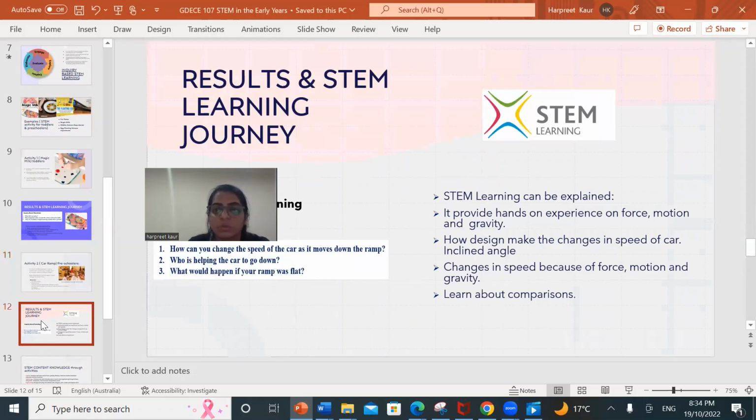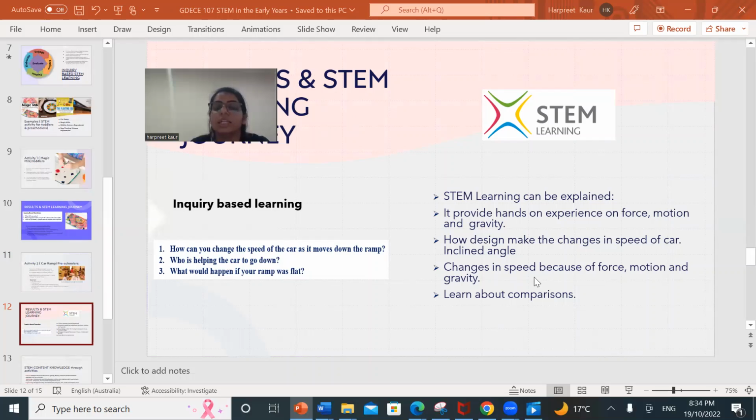And what can be the results or STEM learning journey through this activity? It provides hands-on experience with force, motion, and gravity. And design also plays an important role in this activity, because as we change the angle, or the height of the ramp, it changes the speed of the car. The first height, for example, can cross only up to 2 scales, and then the second height can cross up to 5 scales, and then the third height, because the inclined angle will be sharper,